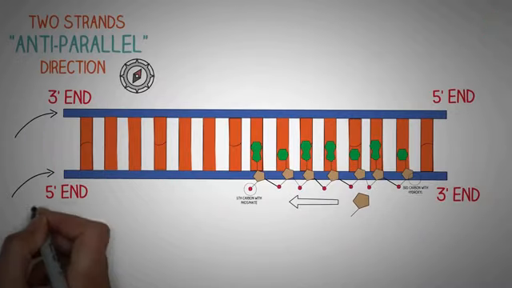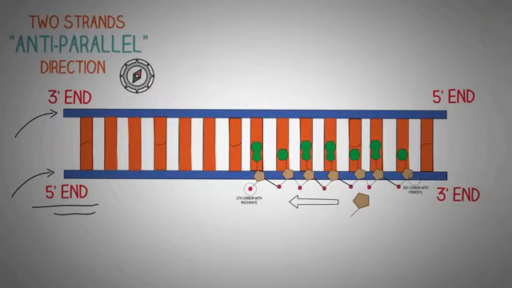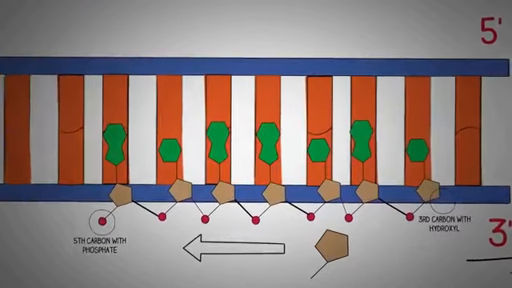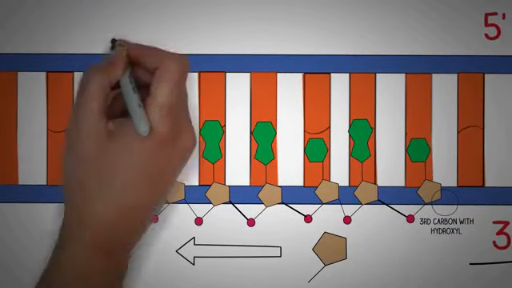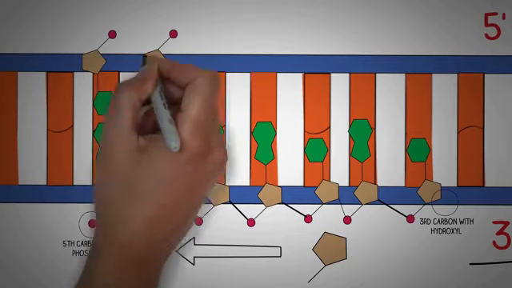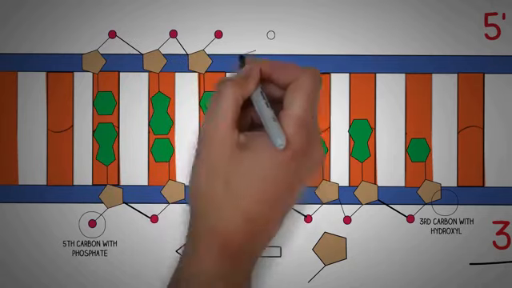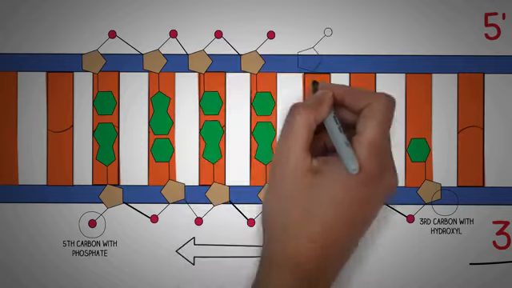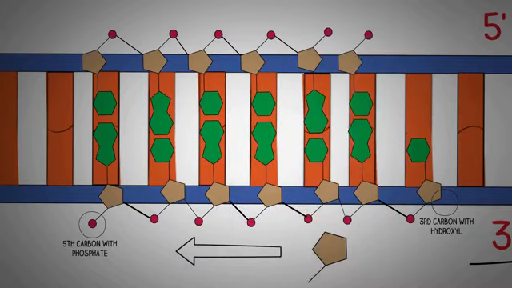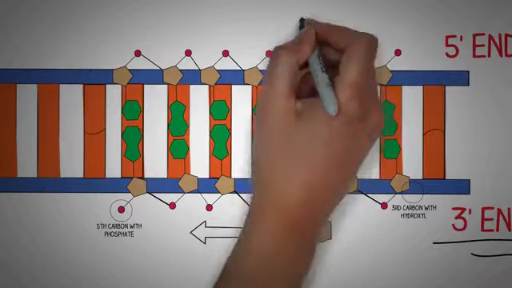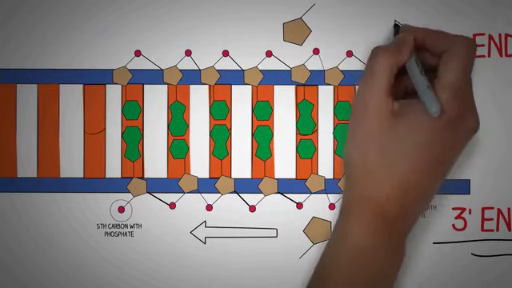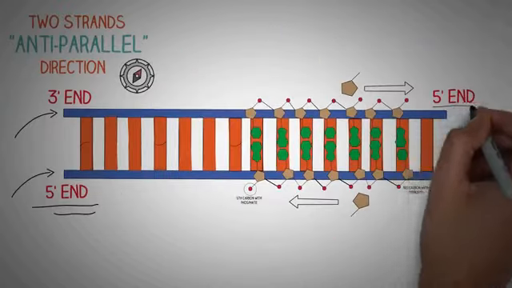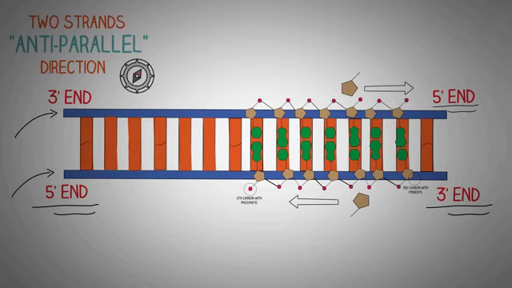This defines the 5' end and the 3' end of this strand of the DNA. Now if you take a look at the second strand of the DNA, you can note the key difference, that is that it runs in completely opposite direction, which you can clearly tell by looking at the orientation of the sugar molecules in this strand. These sugar molecules are aligned in this direction, which is completely opposite to the strand below. And this defines the 3' end and the 5' end of this strand.